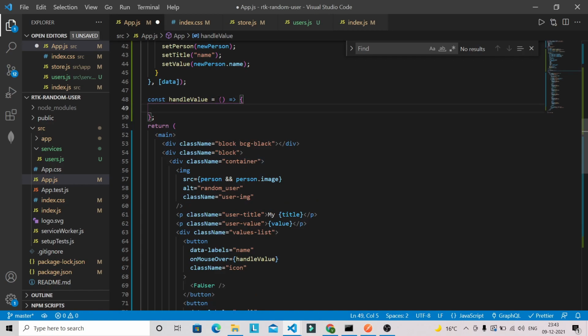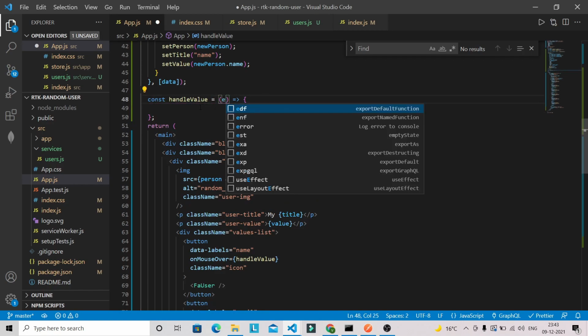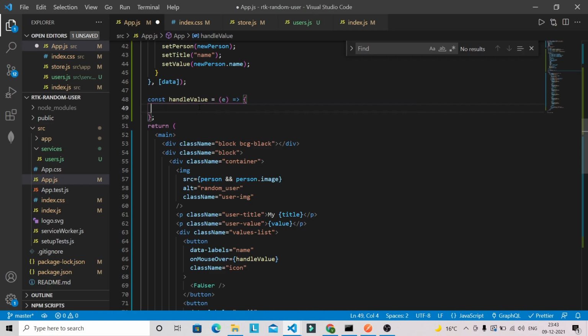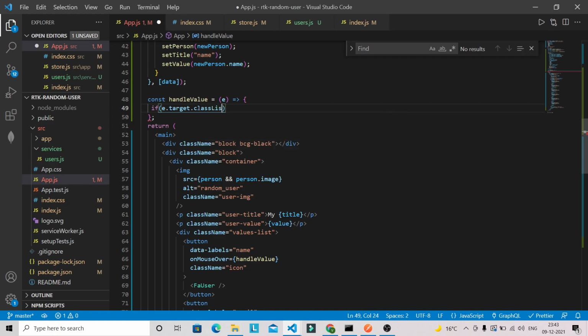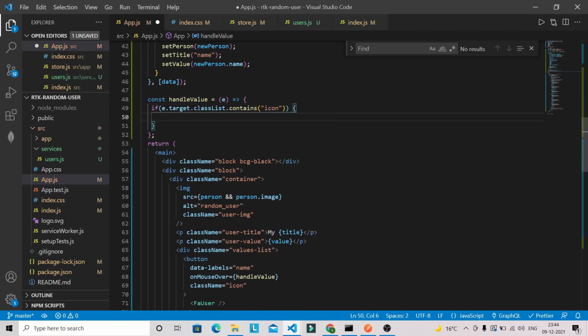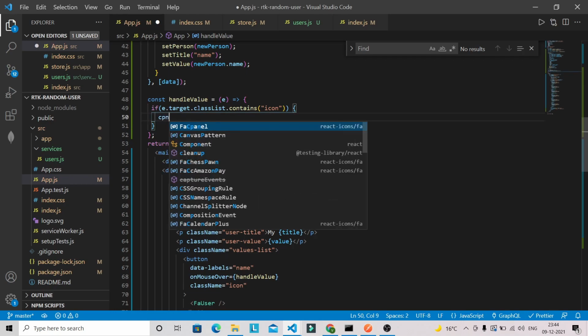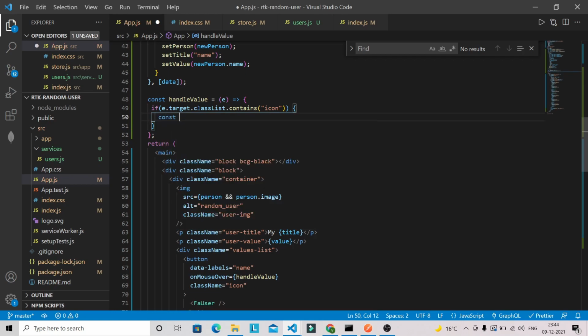This handle value will receive an event. We have to check if e.target.classList contains the class name icon. Then it will come inside this condition, and we are going to have a new value. Const newValue.